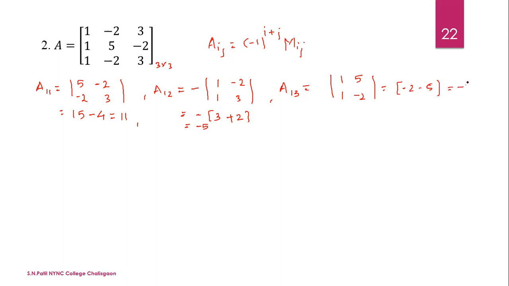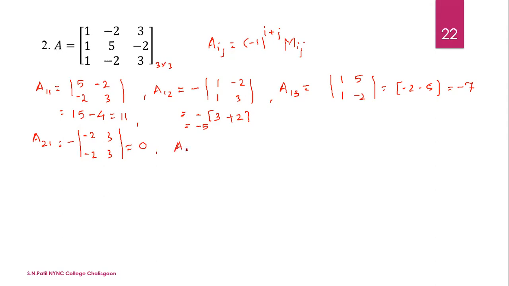We get minus 7. Now next, second row, A21. For A21, the addition is odd, then minus sign. Simply remember, if this addition is odd, then write minus sign, otherwise no. So for A21, deleting the row and column, the remaining terms in the second row are minus 2, 3, minus 2, 3. This is minus 6 and this is minus minus plus 3, that is 0. Otherwise, an identical row is there, that's why the determinant is 0.